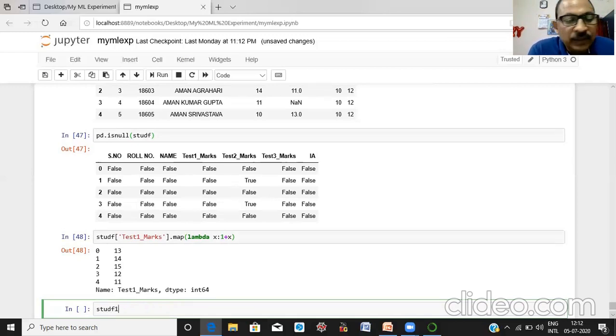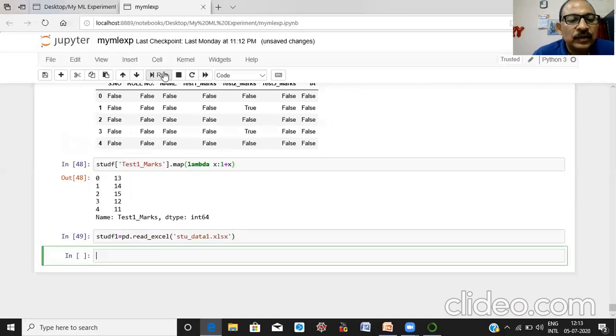Our first data frame is the stu df1. And this time stu data 1.